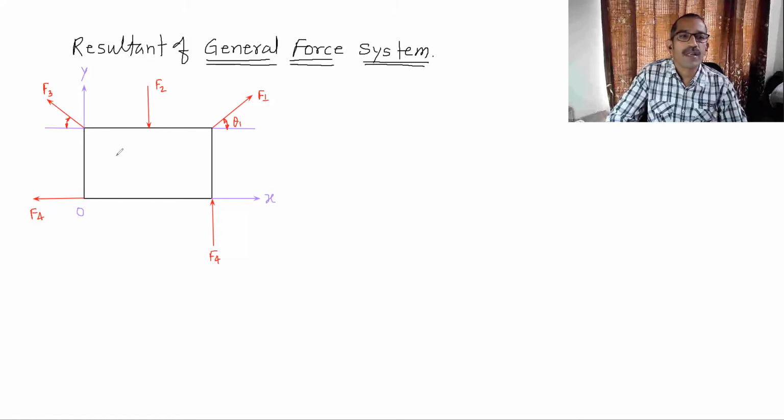To find the magnitude and direction of the resultant, we have to add all components along the x-axis and all components along the y-axis, so we'll get components of the resultant along x and y axes, which is not the case in our parallel force system. So always, to find the resultant of any force system, the first step is what? Magnitude and direction of the resultant. And the second step is to find the point of application of the resultant.